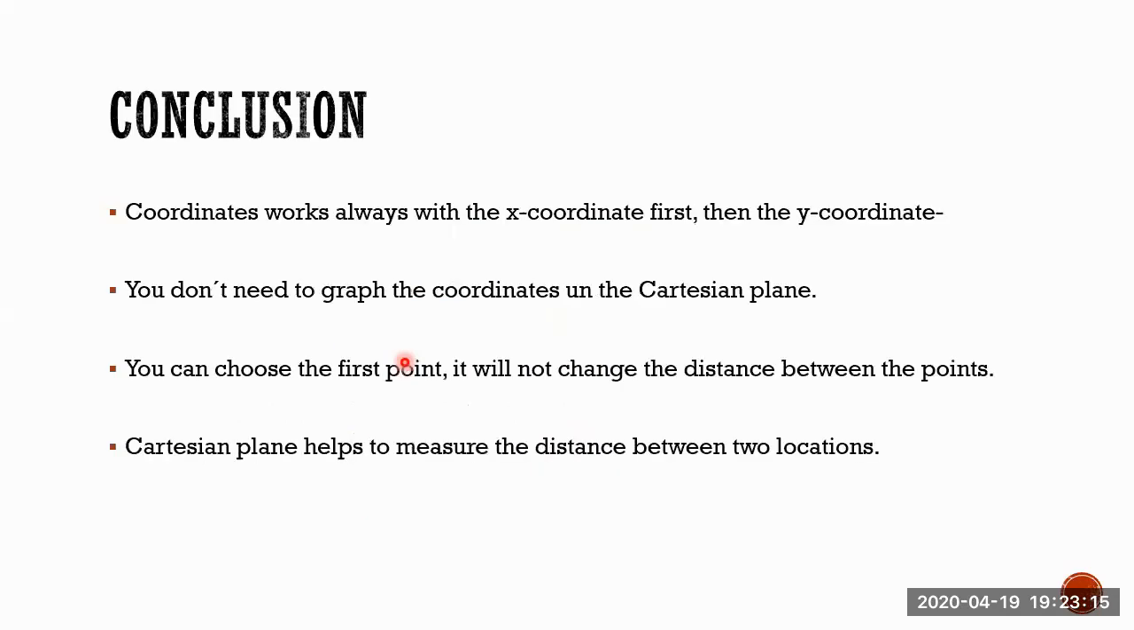So to conclude this first class, the coordinates always work with the x coordinate first and then the y coordinate. Please don't lose this idea, because it's a very common student mistake with this simple and basic idea. You don't need to graph the coordinates in the Cartesian plane in order to get the distance between the points, just apply the formula. The points will be needed later. That's why I reviewed how to plot points in the Cartesian plane, because it's going to be useful later when we make the graph of some